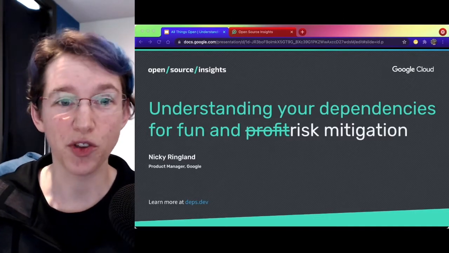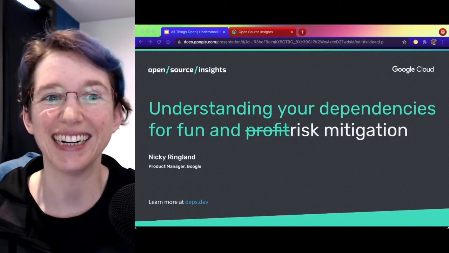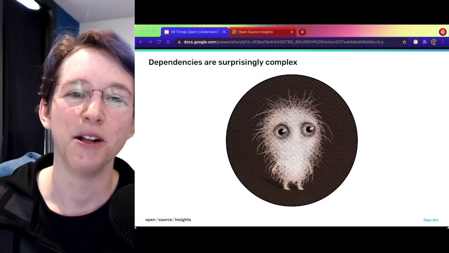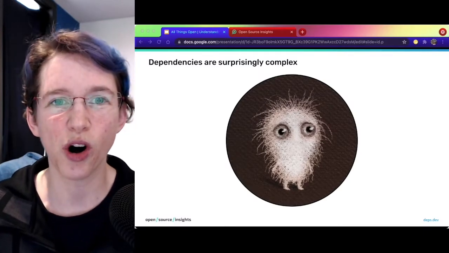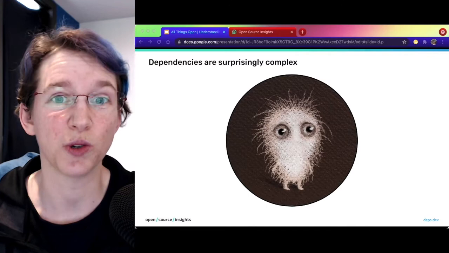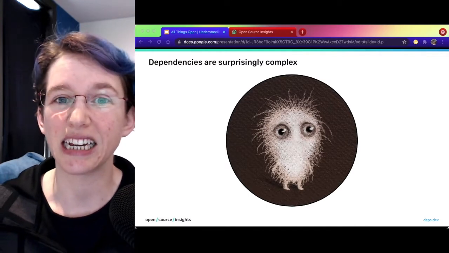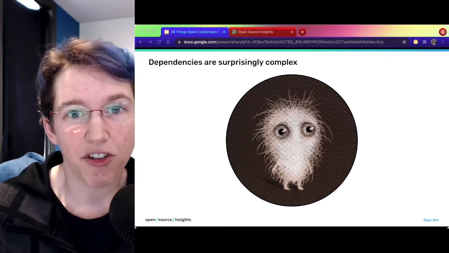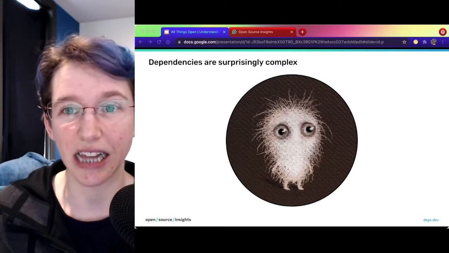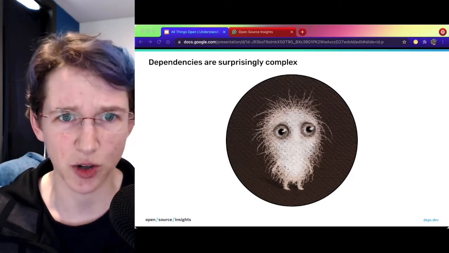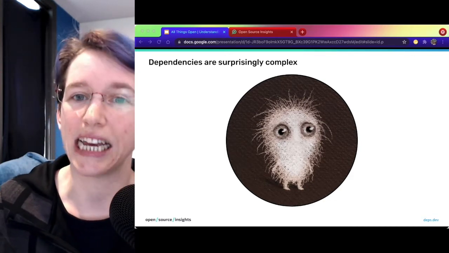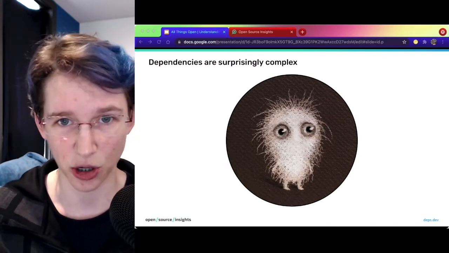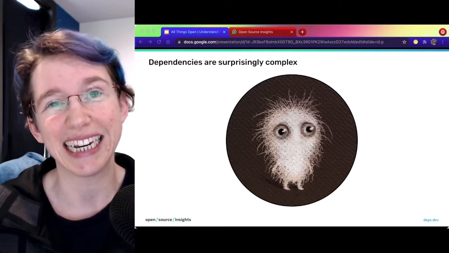Today I'm going to give you an overview of dependencies, specifically understanding them for fun and risk mitigation. Yes, that's the one. So just quickly, at its core, I work on a team called Open Source Insights. And what we do is get an accurate dependency graph model for open source ecosystems. We aggregate information on dependencies, security vulnerabilities, licensing, other package health metrics, enabling tooling that supports building safer and more robust software and products. Because it turns out that, just like old Captain Napkins here, dependency problems can get pretty